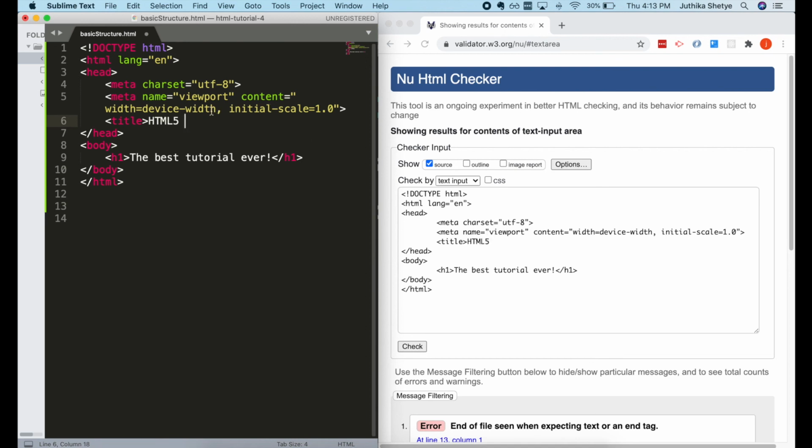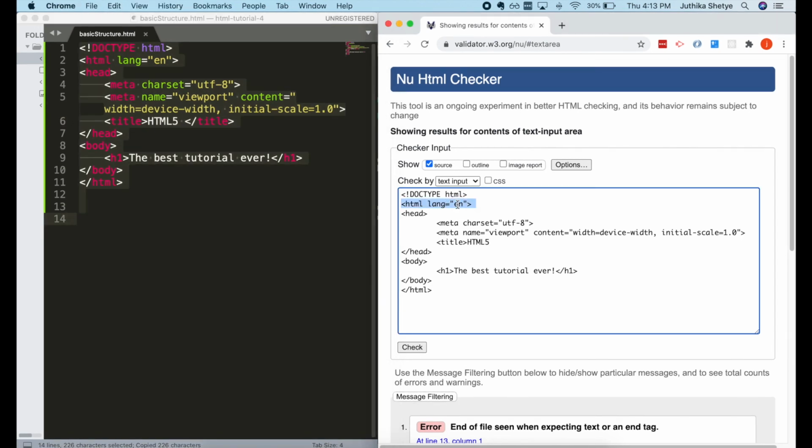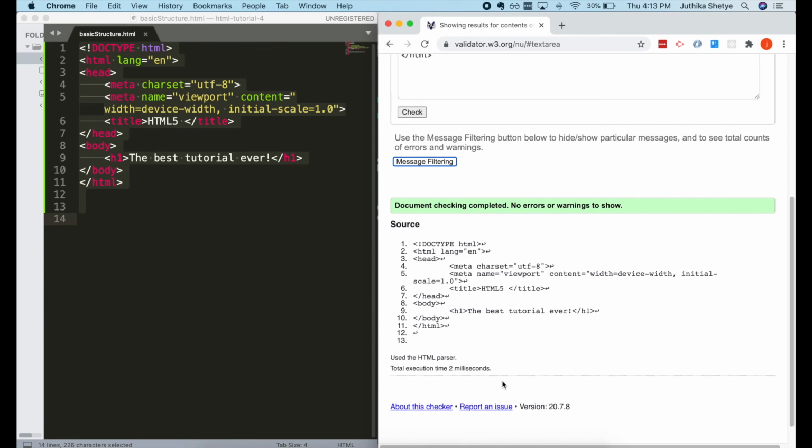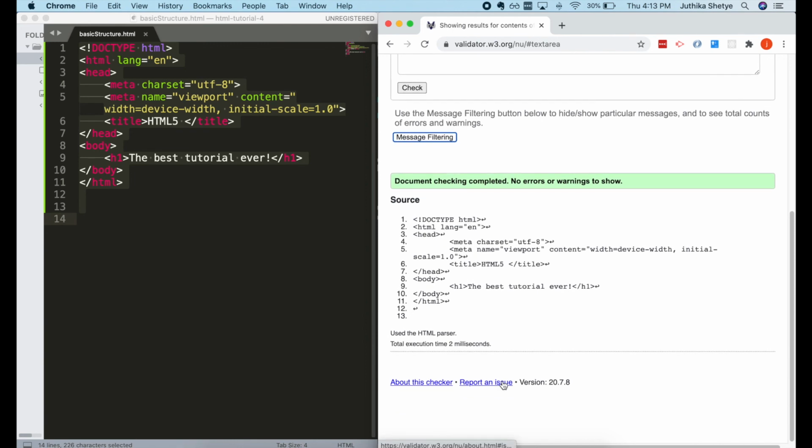So let's correct our code, save it, copy it, and go back, paste it back here and check. Yeah, it's all good again. So I highly recommend you all to use this validator while coding. Ideally, you should check your code after every few lines of code, as it's easier to correct the mistakes when there are fewer errors. Otherwise, it really becomes a task when you have to go through 300 errors popping up for just a missing bracket somewhere.